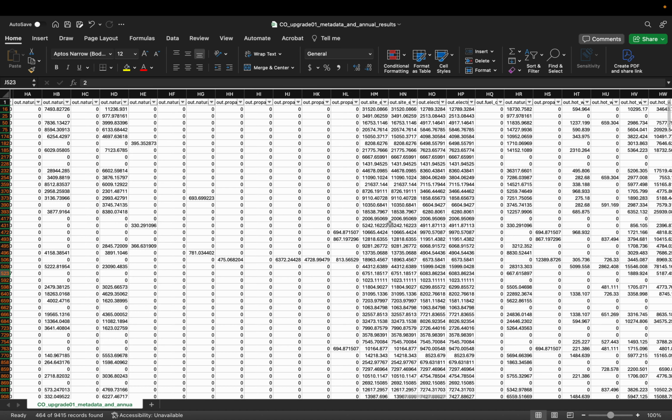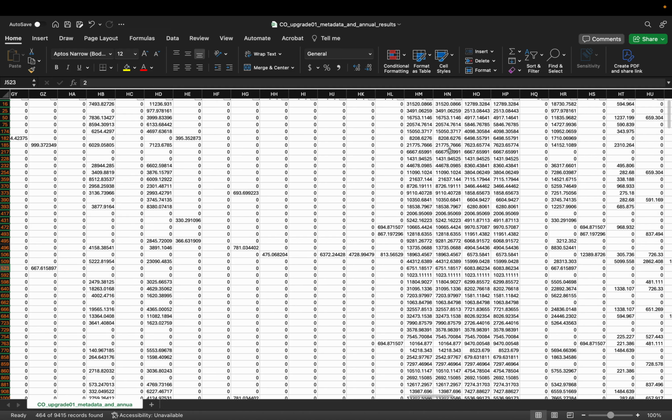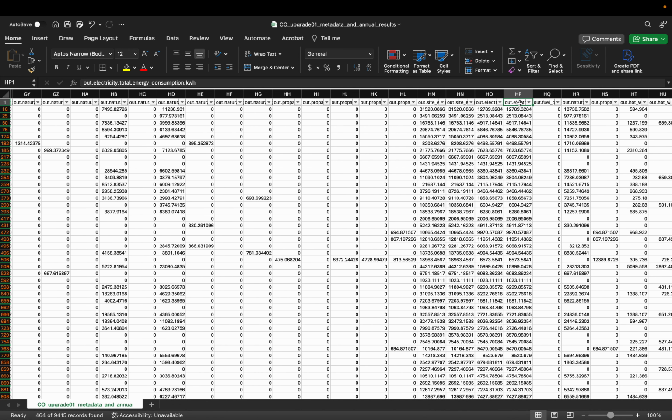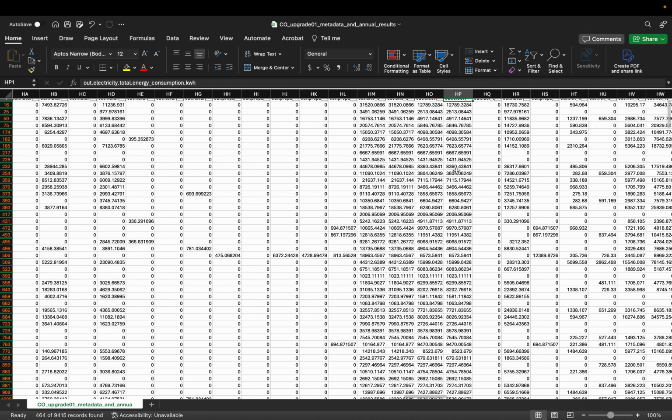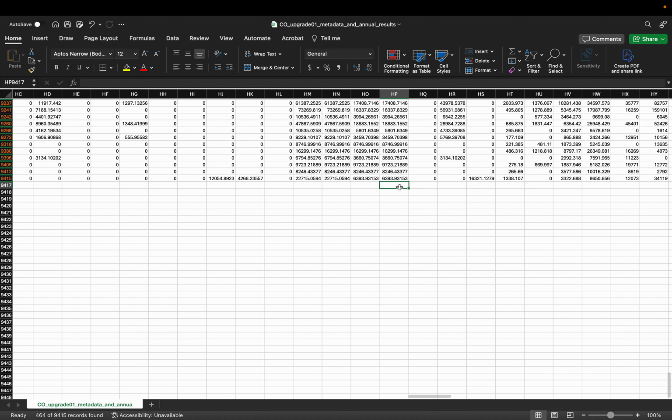So for example, if we go to our total energy consumption in kilowatt hours, our HP column, and we try to take an average of HP with this subset of data, and we put average over here, we would get 8,456.8842. But I want you to notice one thing: the reference that it gave for the data